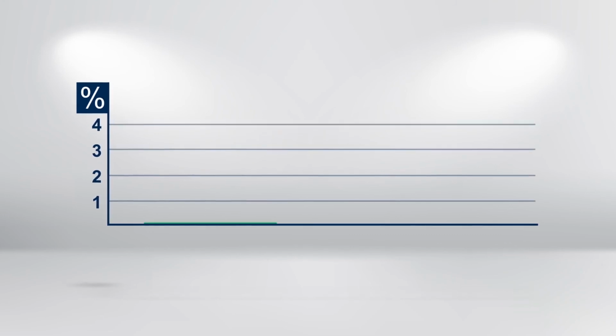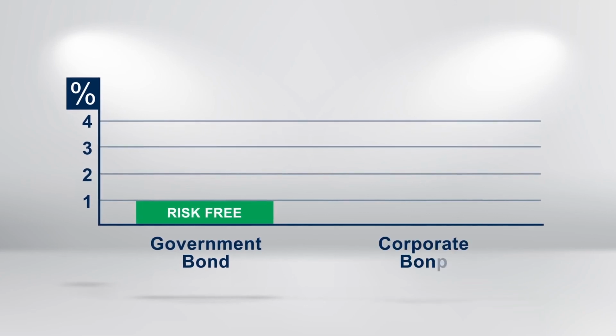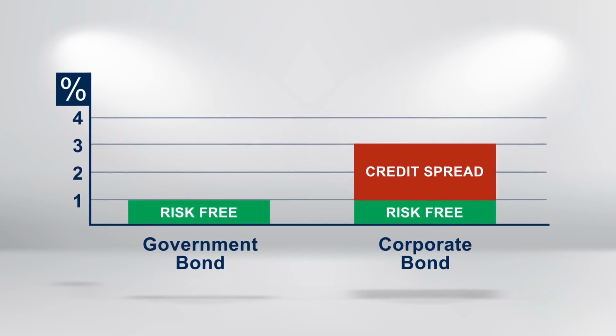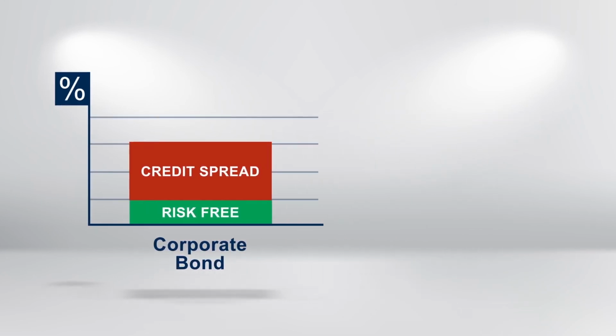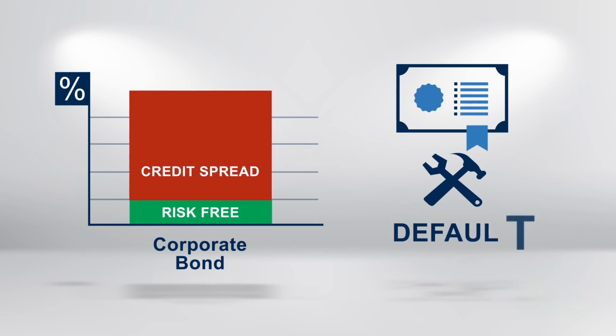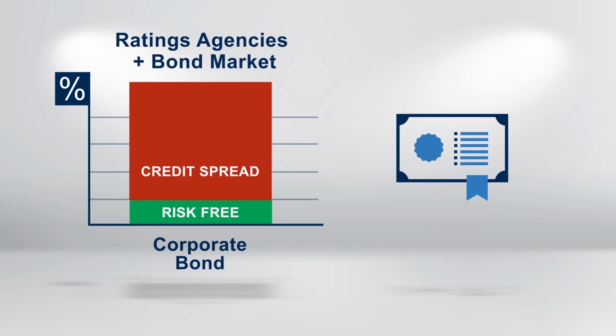Nevertheless, the approach of the market is to assume that there is a risk-free rate at which most governments can borrow, and because companies can default, they must therefore pay a credit spread premium over the risk-free rate. The size of the credit spread depends on a company's ability to service the bond issue. The larger the credit spread, the more probable it is that a company could default on its debt. Together, rating agencies and the bond market will dictate what the credit spread should be for particular corporate debt issued